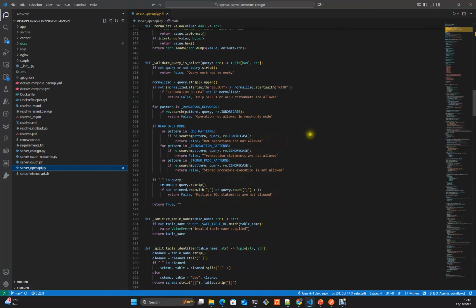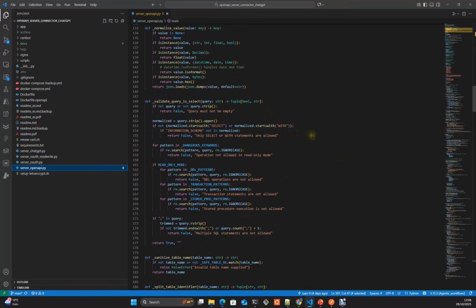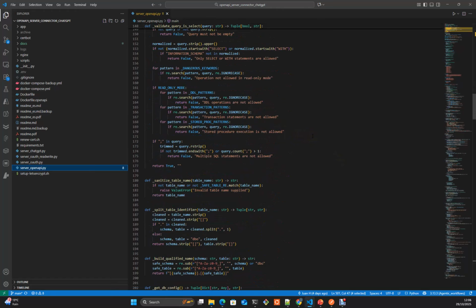You can see here just the messages that we are returning in case you are trying to use one of the forbidden patterns in your SQL query.